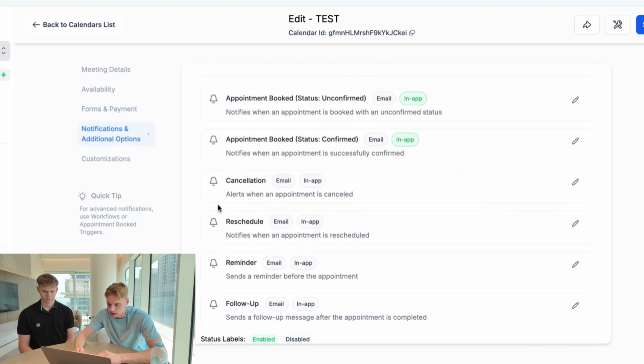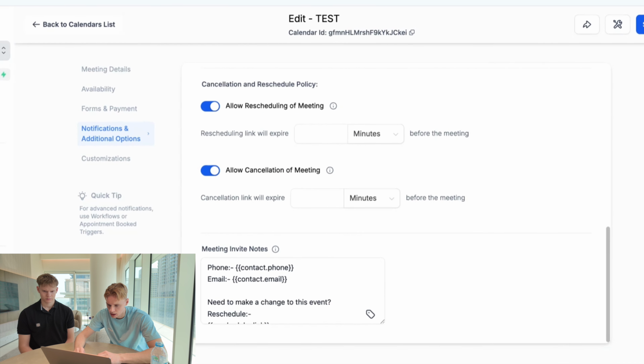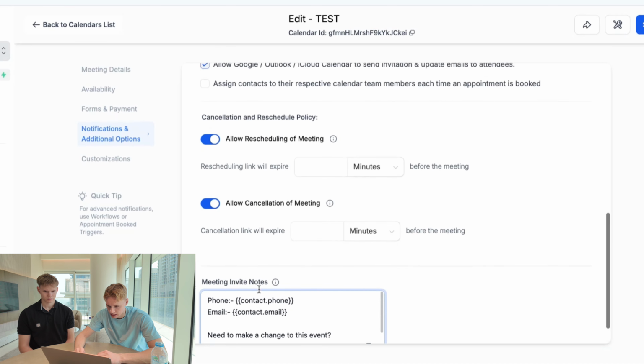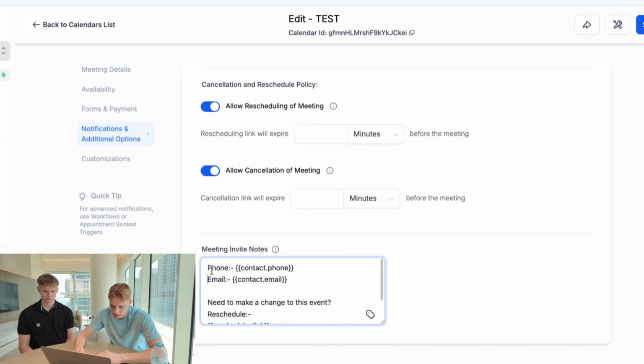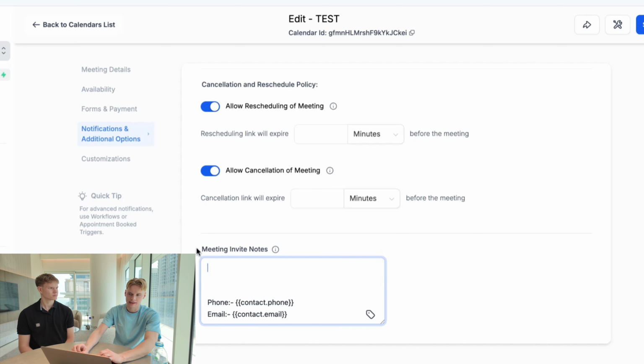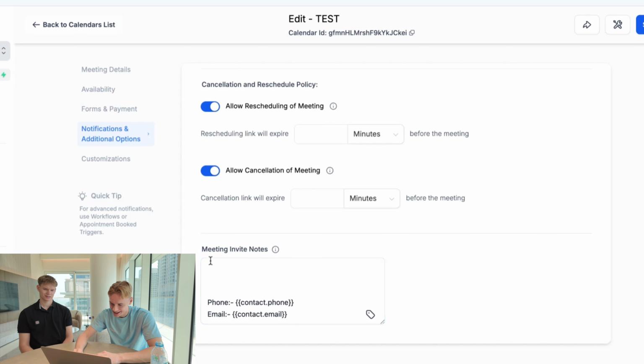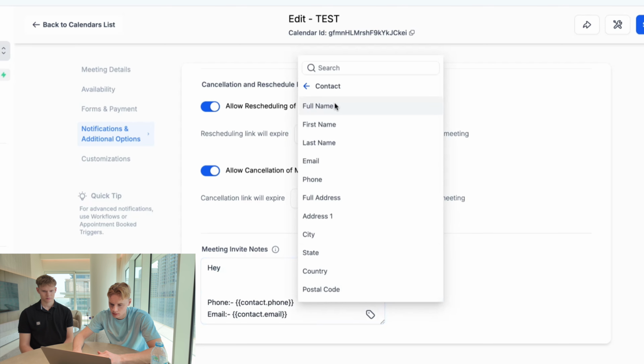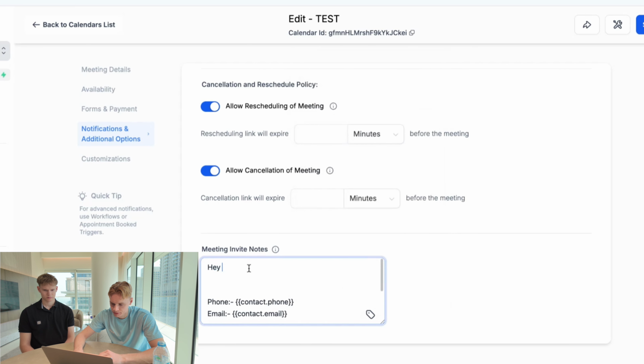And then this is the thing you want to be changing here. Okay, the meeting invite notes. People love attention to detail, because that proves that this guy has his shit together, like he knows everything, right? Cool. So in the meeting invite notes here, we want to say, hey, contact first name,